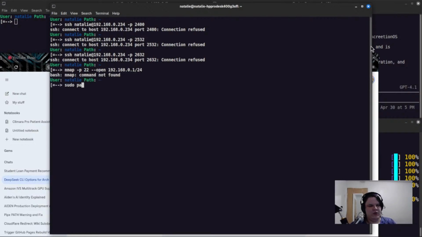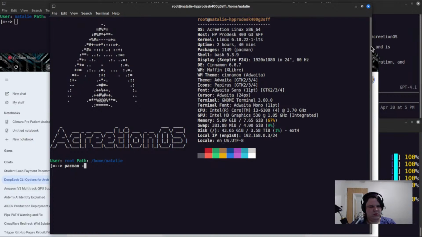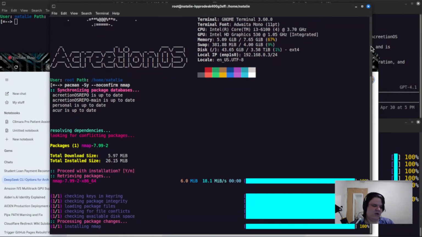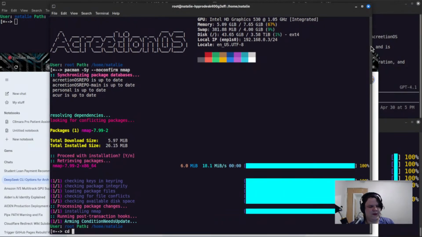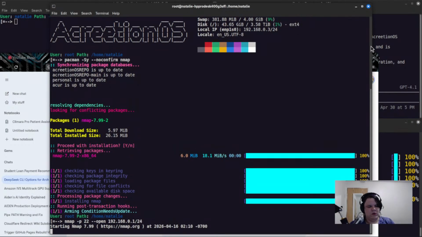And then we gotta install Nmap. I don't know if it's a package name or not, but I don't think it is, but we'll see. Oh no, it is, okay. And again, we'll modify this.